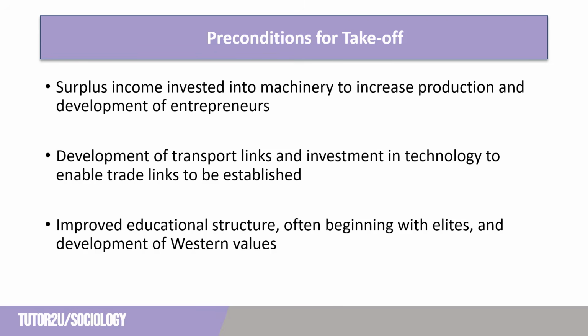For Rostow, at this point, it's important to educate those at the top of the social hierarchy, the elites, in Western values first, so that their expertise and knowledge gained can be trickled down to the rest of society. Starting with those in power enables Western values to be introduced in a top-down fashion, dictating a change in the values of a nation and preparing them for the next stage, the takeoff.